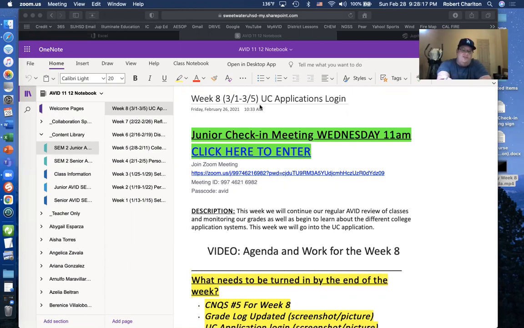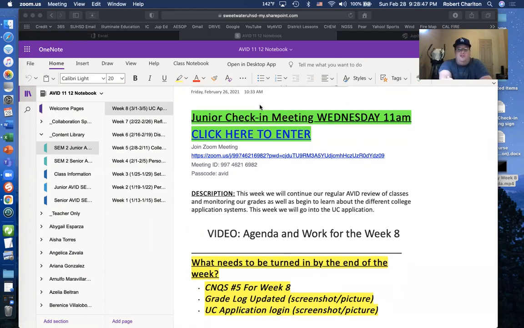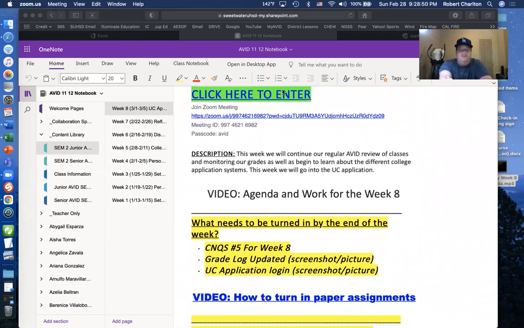And then the third system is something called the Common App, which is usually schools that are private, like a Stanford or a University of San Diego or Point Loma Nazarene, or they could be schools that are on the East Coast or in the middle of the country. So again, depending on which schools you're going to apply to, you're going to be using one or all of these systems. It really depends on the schools. The schools get to decide which portal they use. So that's what we're going to jump into this week. We're going to start with the first one, which is the UC system.